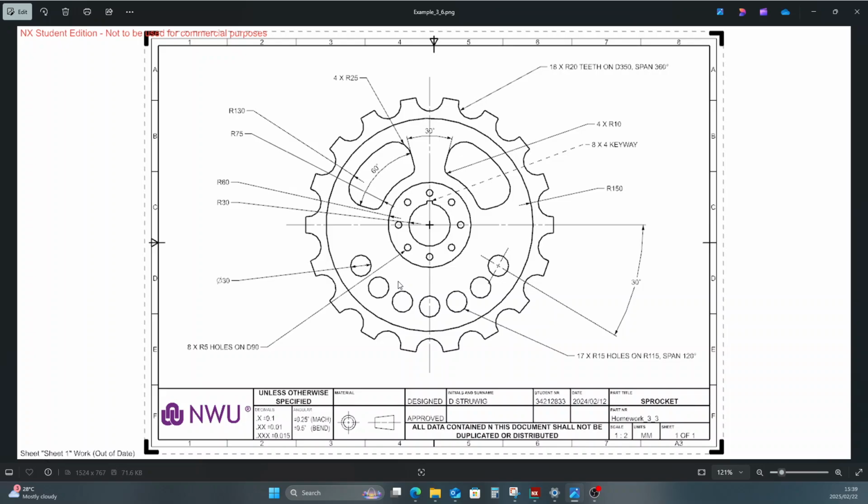And there are two ways of doing this. Firstly, you can recreate this entire sprocket. So start with that circle and then go outwards and include all the features, and then use pattern features for those half circles and these circles and so forth. Or you can